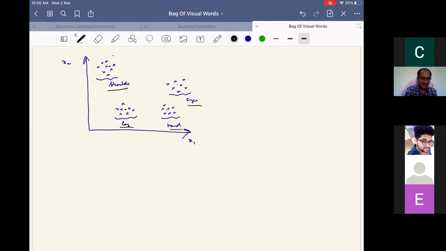In fact, these are all the visual words. Visual words represented with how many features? With 2 features. Here we represented them; we can also represent them in higher dimensions. To get the code words,